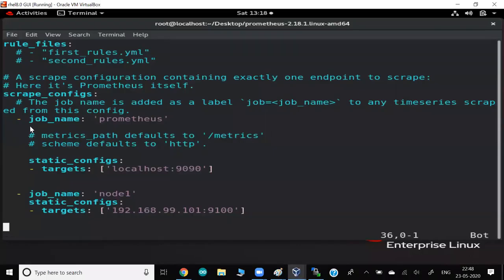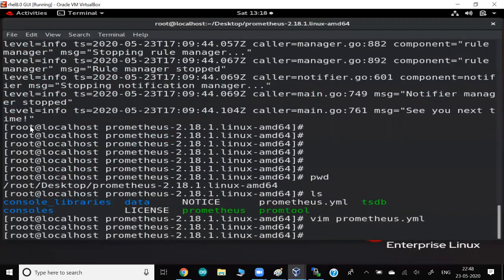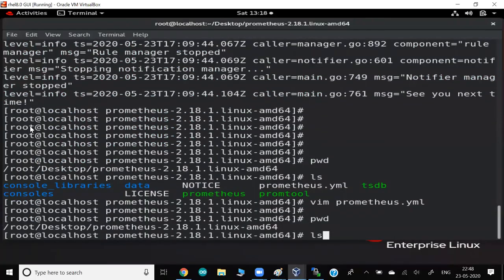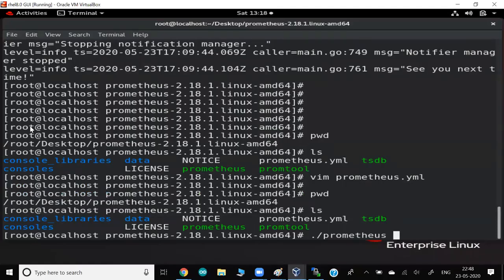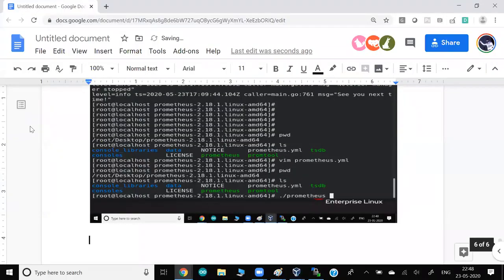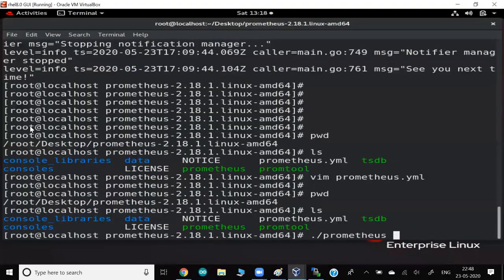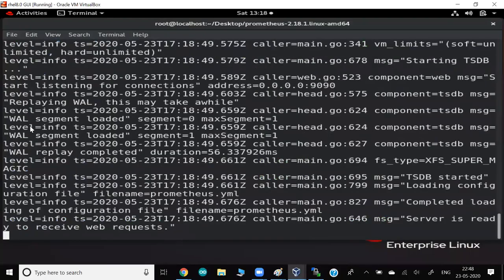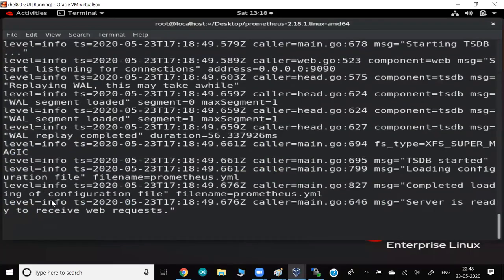That's all, guys. After you change the config file, in the same folder you run your Prometheus tool. Okay, this is a server program you have to run. Normally in Linux or Red Hat, we use the systemctl command to start a service, right? But here we have to run this command to start the service. Even though we can set up systemctl if you want, I'll show you. But here, this is the way you start the program. If there is no mistake in the config, this is ready.